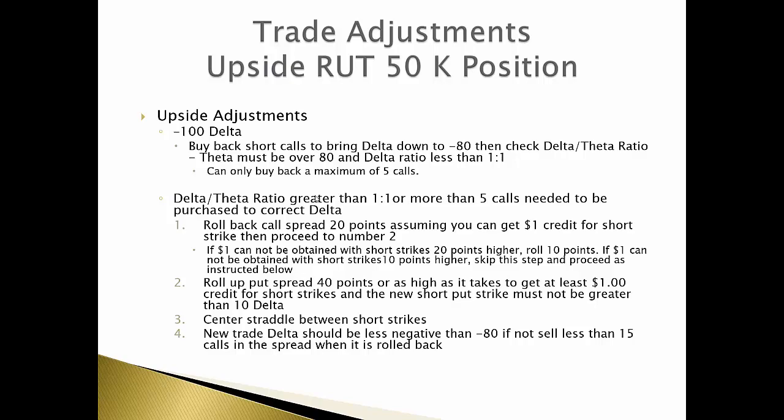The thing is, when you roll down calls, you get an expansion in volatility, and probably 75% of the time you get blown out to the upside. When you roll up puts, you usually get a contraction in volatility, and probably 75% of the time you're okay. There is still that 25% of the time, and like I said, these are numbers I kind of pulled out of my head from past experience. There's nothing scientific about it, but what I'm saying is most of the time